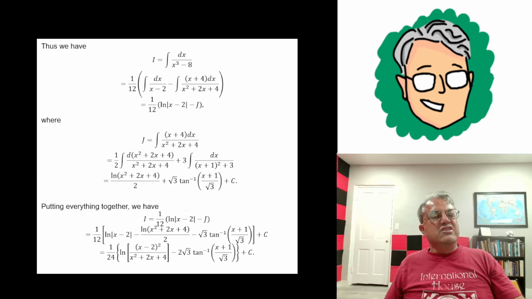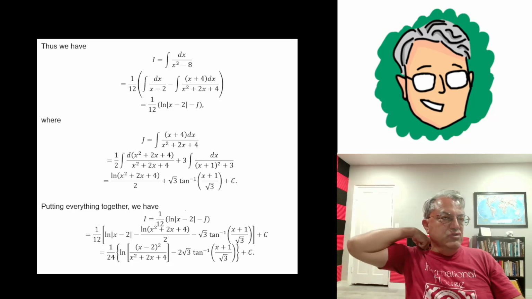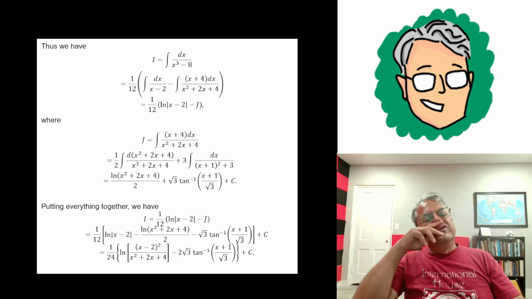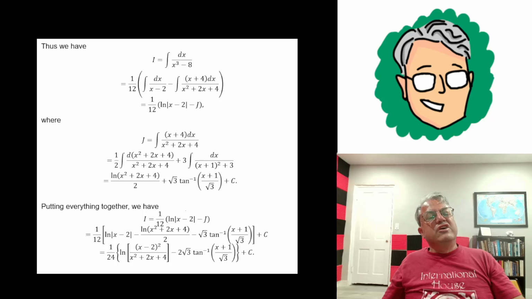You may recognize that as a special form of the arctangent. Remember, we had the integral of dx over a squared plus x squared equals 1 over a times arctangent of x over a. In this case, a is square root of 3, so we're going to get 1 over square root of 3 times the arctangent of u over square root of 3, but u is x plus 1, so for the integral, we get 1 over square root of 3 times arctangent of x plus 1 over